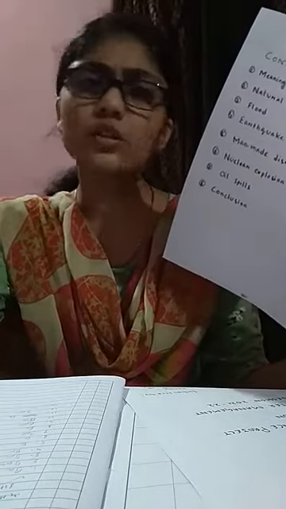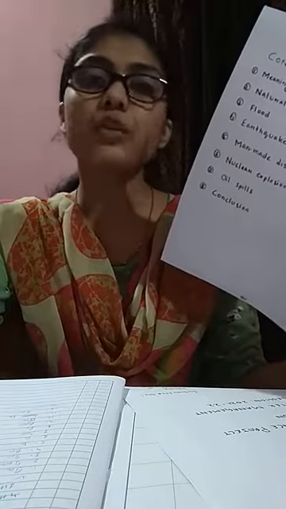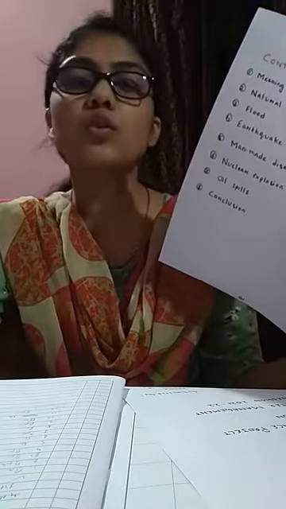But when you are writing about flood, do not just write what flood is. Of course, you have to write what flood is and how it causes damage and disaster, but along with it, you also have to write how to control the disaster or how to minimize the level of disaster.